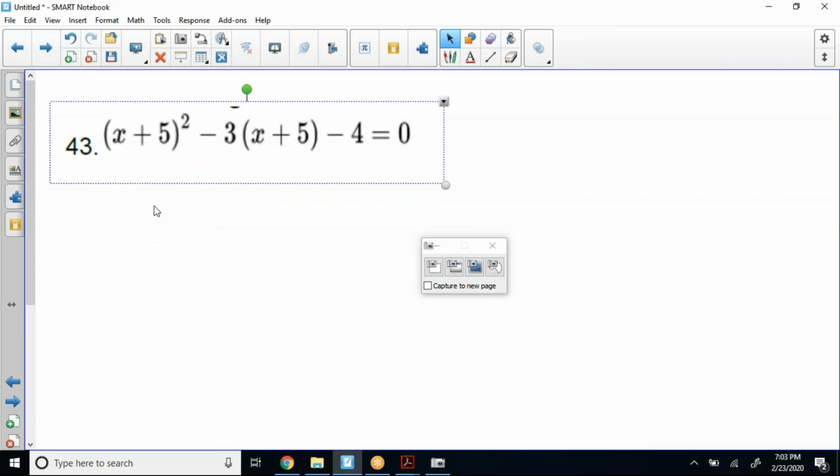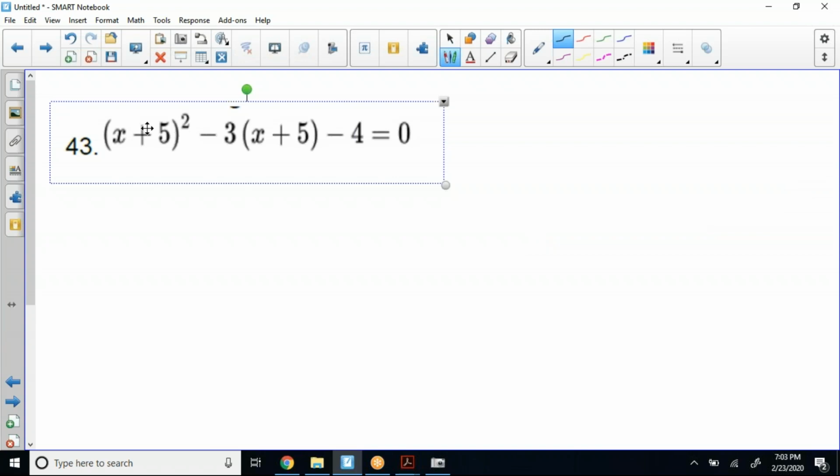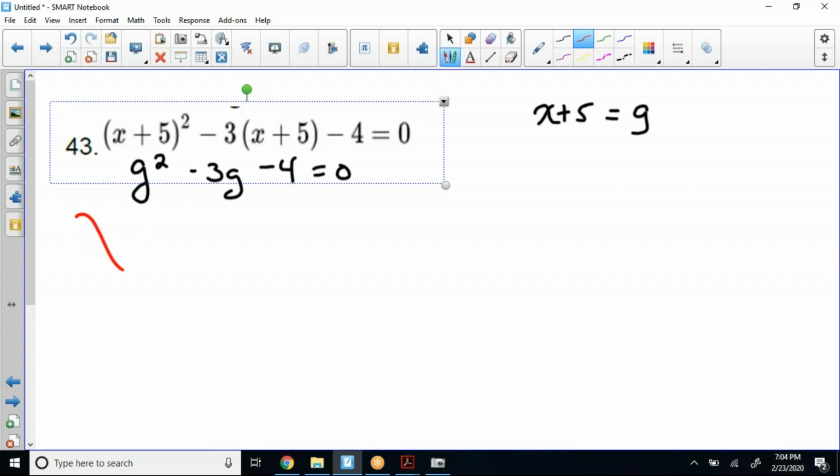All right. So first things first, we're going to let x plus 5 be equal to g. So this is really going to be g squared minus 3g minus 4 equal to 0. When we do that, what it allowed me to do is take a crazy quadratic and rewrite it in terms of something that was a little bit easier. And from here, we can solve